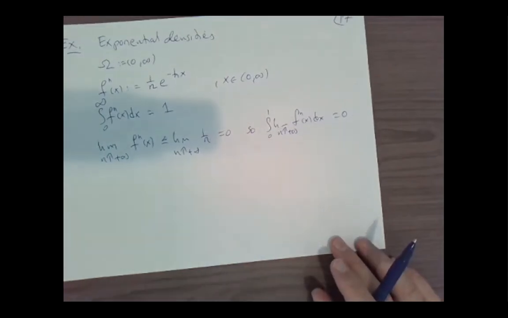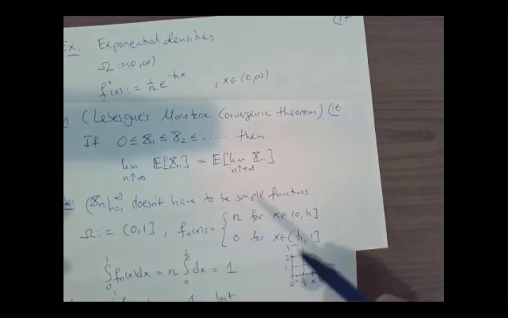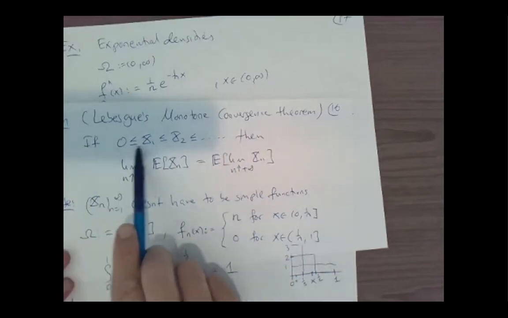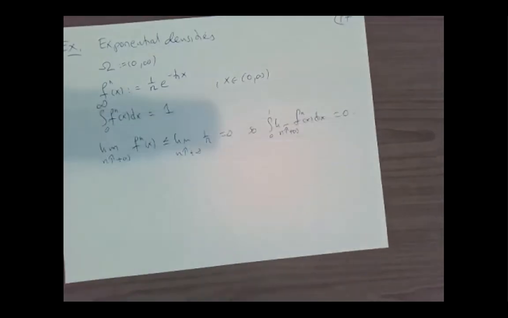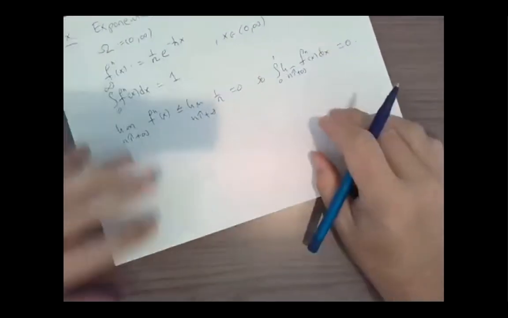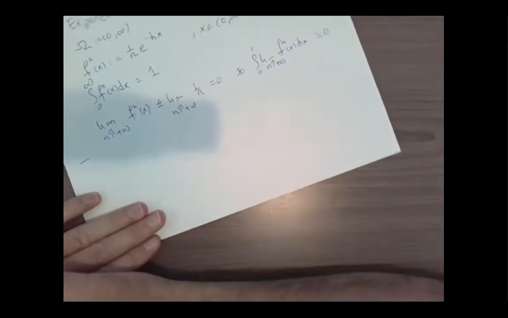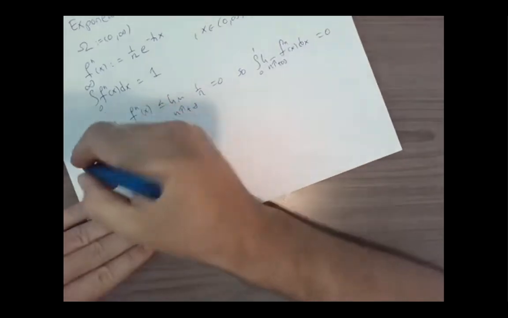Just make sure that when you do, you transform with this negative sign, and that the resulting sequence of functions satisfies the properties that you have here. A more constructive, or maybe a positive result related to Lebesgue's monotone convergence theorem would be, if I look